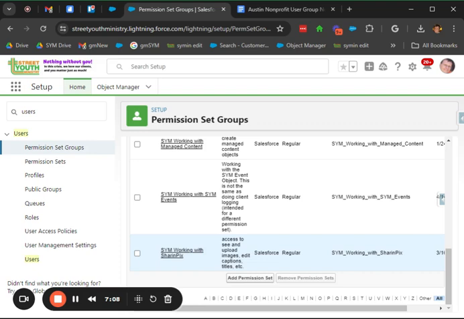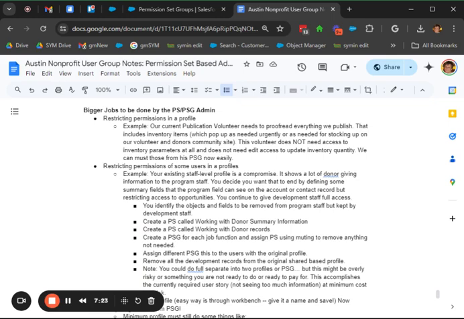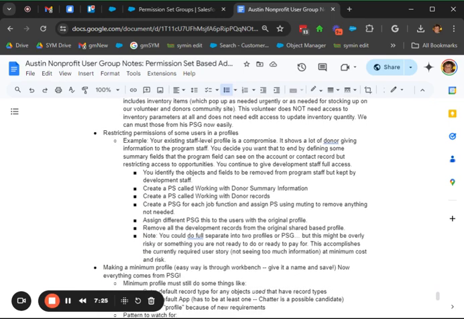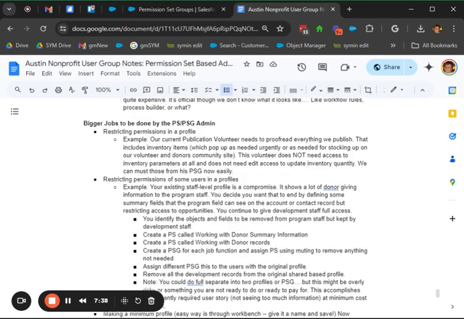And it's working really well this way for us. So that's an example of a larger job to be done, and yet it actually was far less work than creating a new profile and trying to get all of the stuff on it that we would need on it, or trying to copy the base profile and then attempt to remove everything that we think he doesn't need. It was much easier to start from scratch and build up what he needed using these reusable working with permission